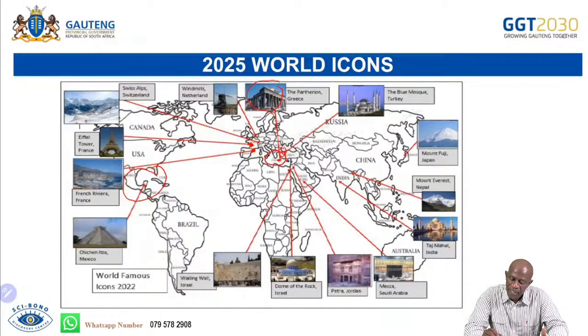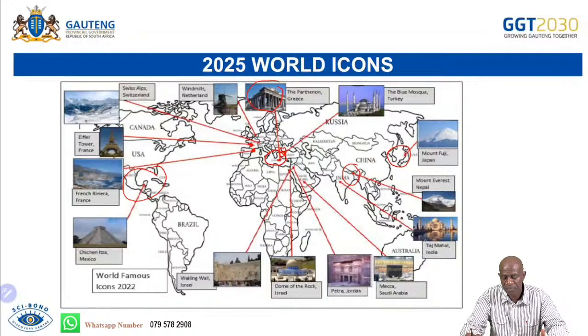As you move further, you'll have Mount Fuji, which is found in Japan, and Japan is found in the Asian continent, in the continent Asia. So you'll also have Mount Everest, which is found in Nepal. Nepal is in India, and India is in the Asian continent as well. So you also have the Taj Mahal, also located in India, and India is located in the